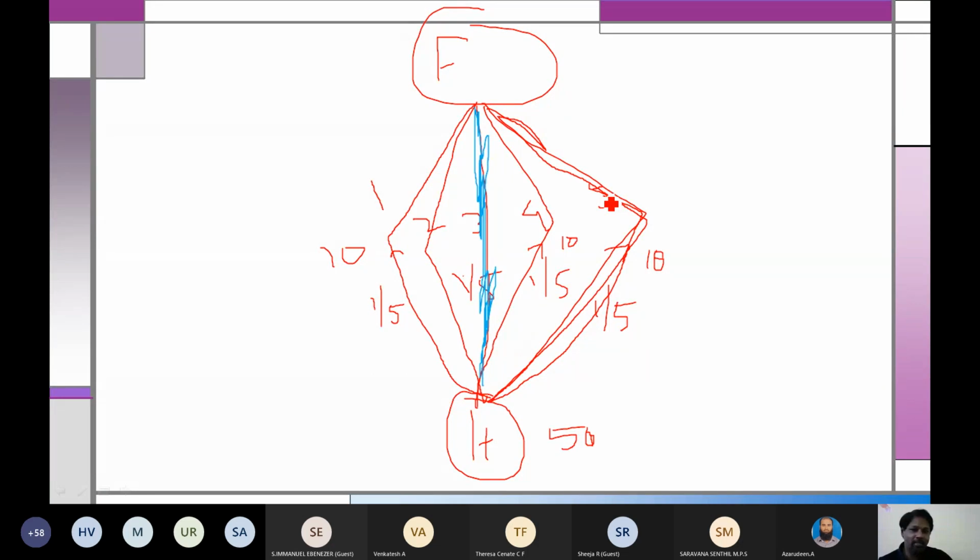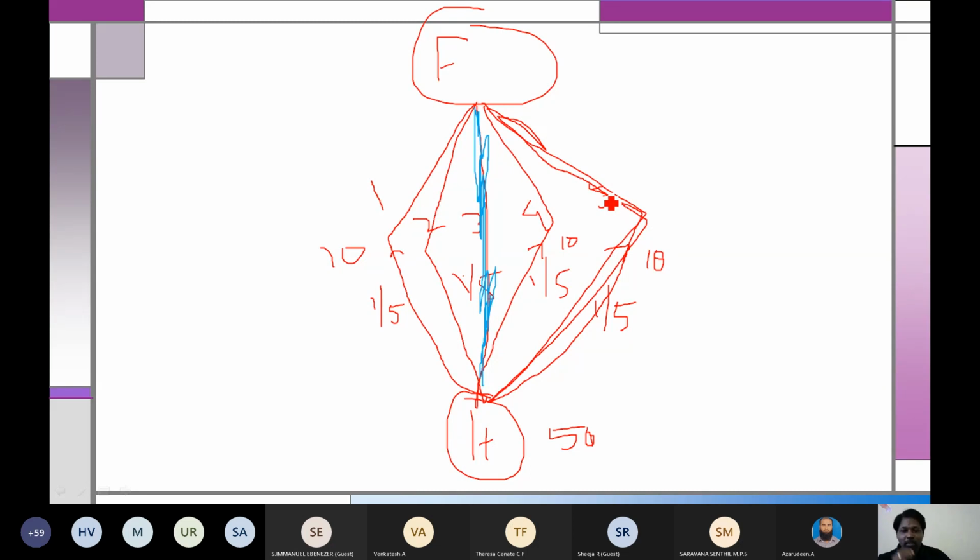Whenever the length of the path is more, the pheromone content will be less, because the ant has to travel a lot, and evaporation will always be there. On the longest path it takes more time to travel, so evaporation will be more. On the shortest path you can go and come back quickly, so more pheromone is deposited, with evaporation as usual. If evaporation is the same in both cases, the third path will surely have more pheromone deposited. So in the first iteration, the probability was the same, 1 by 5 for all the paths.